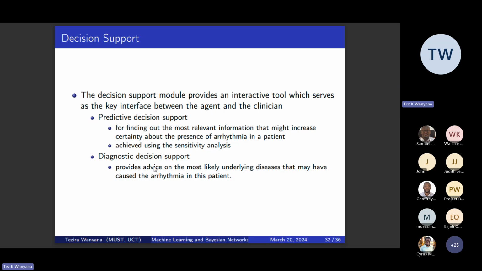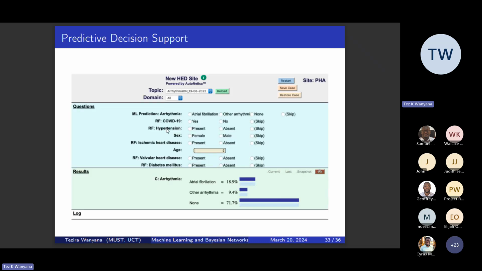And then for diagnostic support, you probably know that the person has arrhythmia and you're trying to find out what the underlying cause might actually be for the presence of that arrhythmia, given the context nodes like the demographic features, maybe some lifestyle nodes like alcohol abuse and things like that, and any other information that we have about the individual. And so what I have here was done using Autonetica, and what exactly is happening is we are